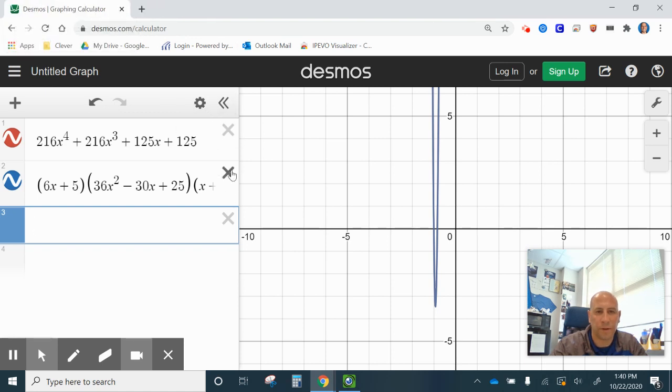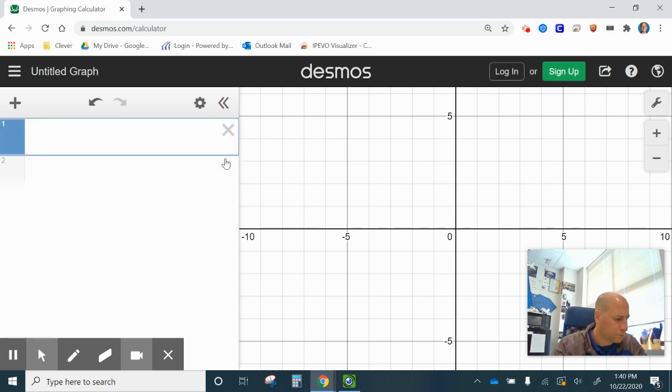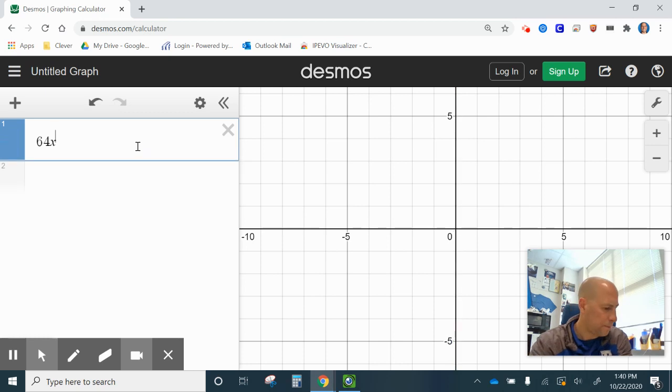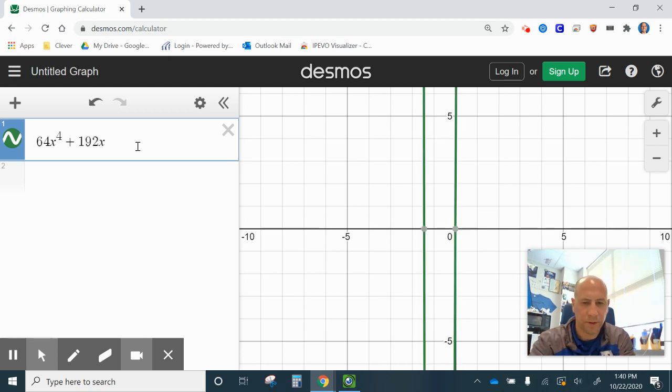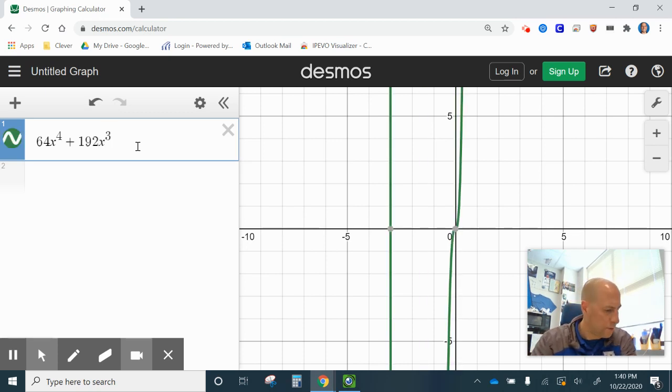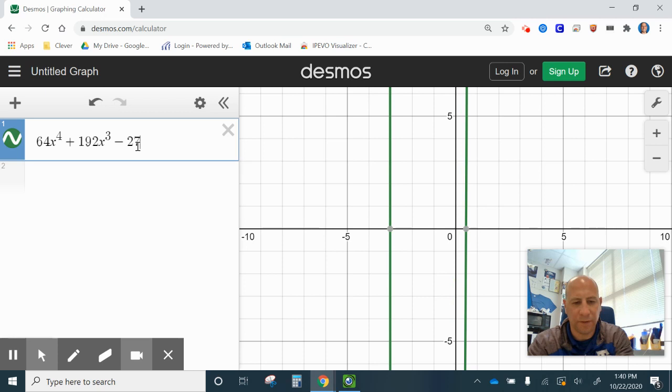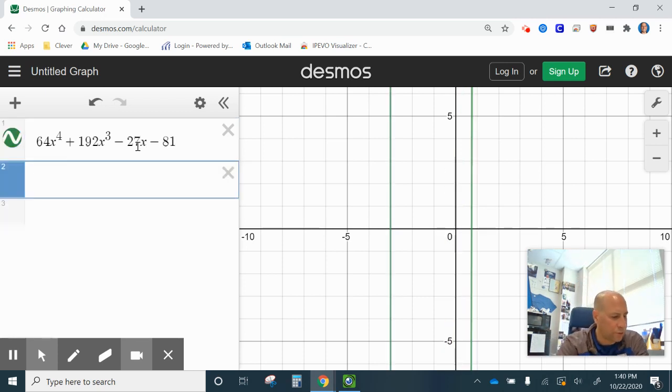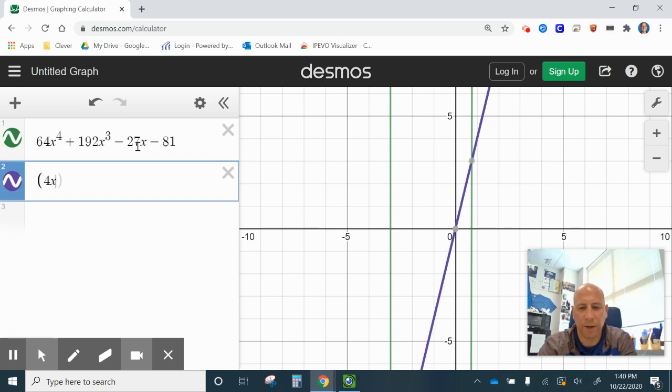All right. So then 64x to the fourth plus 192x cubed minus 27x minus 81. All right, and if we factor this correctly, when we graph 4x minus 3 times 16x